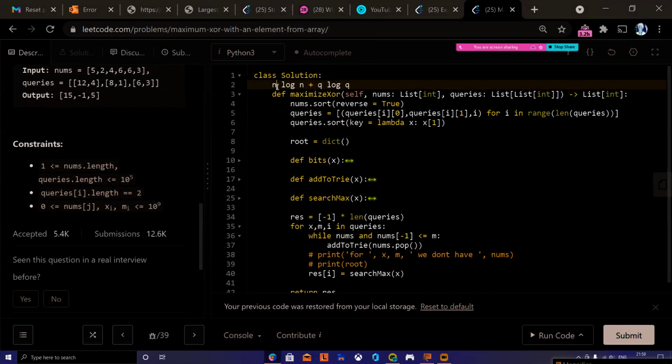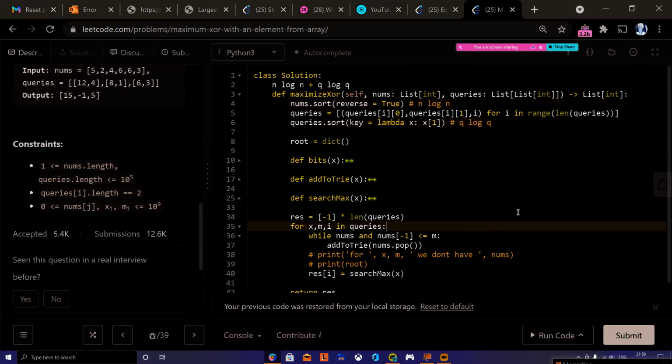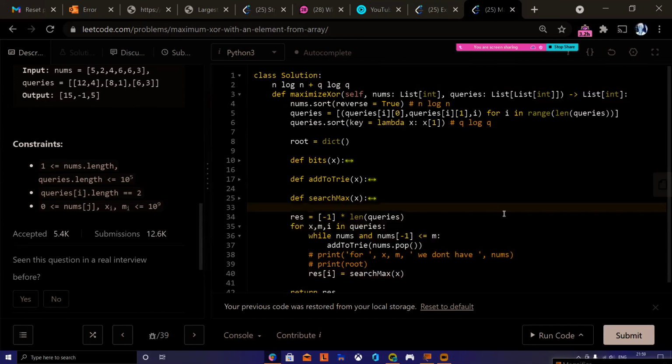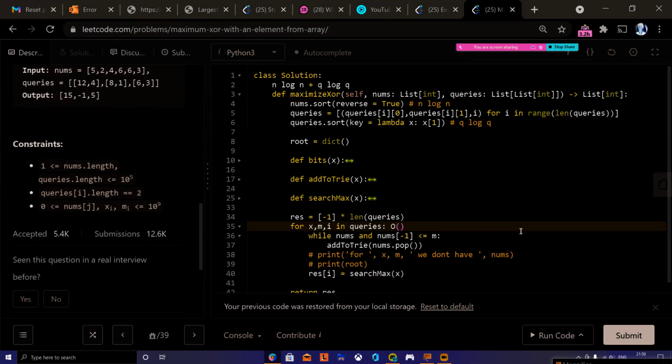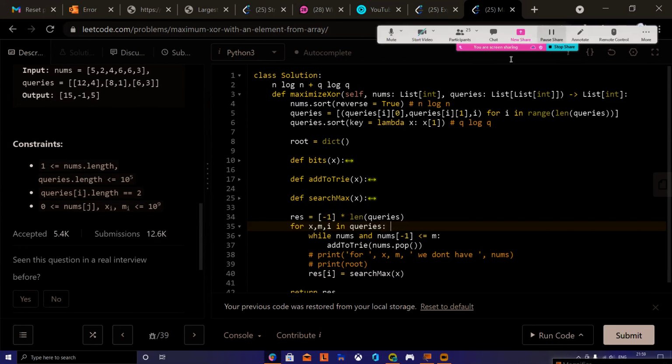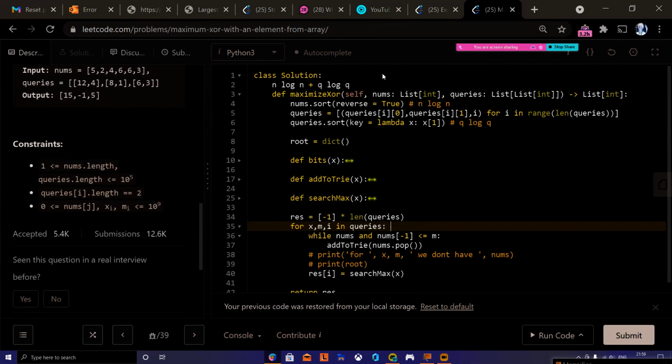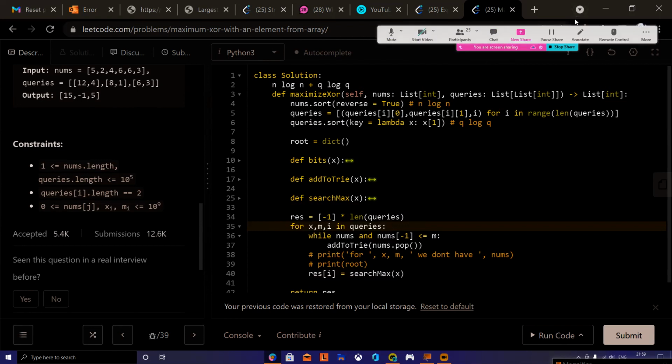Bhavesh, we are sorting both the queries and the array, the nums. This one I understood. But whatever Santosh's implementation, there's no sorting, right? Yes. What is the complexity of that? For every query, it will be O of n then, right? So Q plus n to build the trie, and then go for every query and find its minimum, right? It will be Q plus n, yes. Okay, in that case, it will be Q plus n.